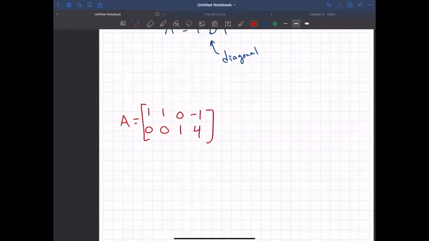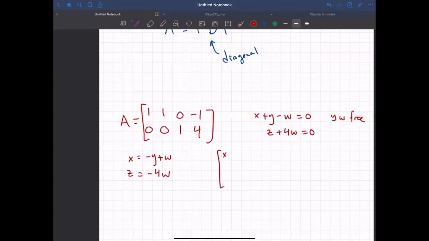We're just going to read off the first row, which tells us x plus y minus w equals 0. The second row tells us that z plus 4w equals 0. Then our free variables are y and w. So let's solve for our leading variables. That tells me that x is equal to minus y plus w, and z is equal to negative 4w. And so if my vector is x, y, z, w, making these substitutions,